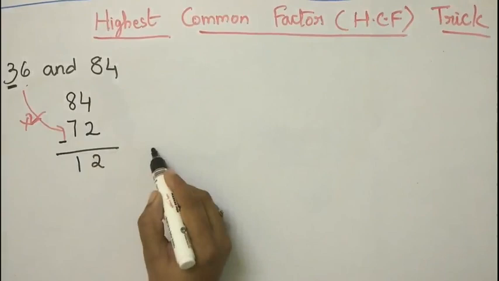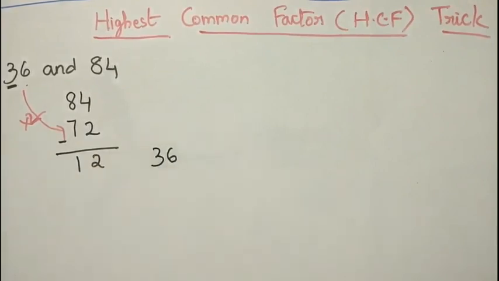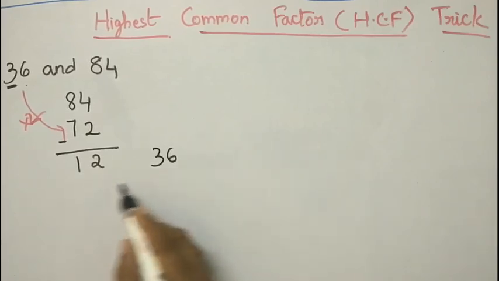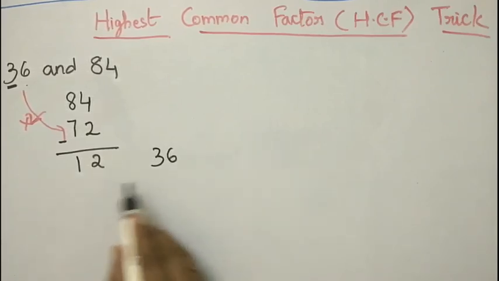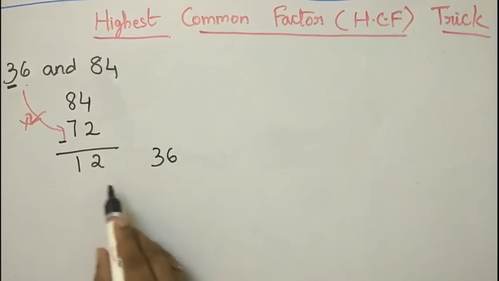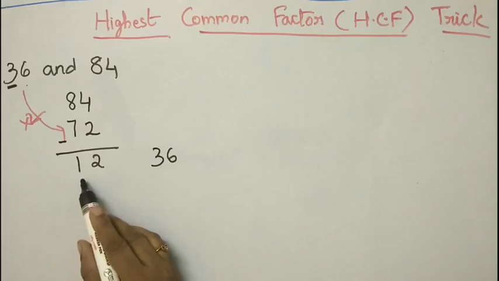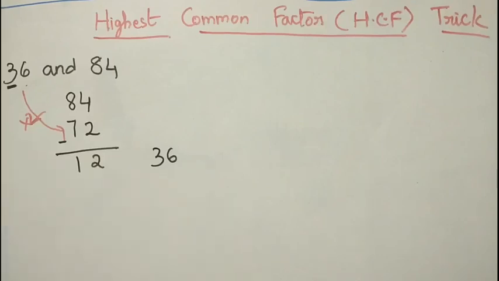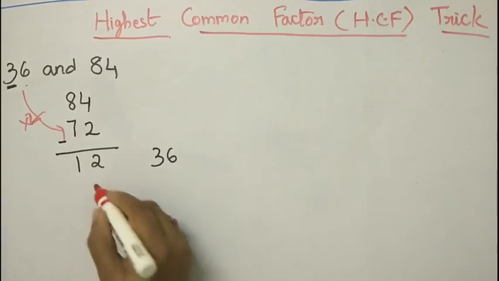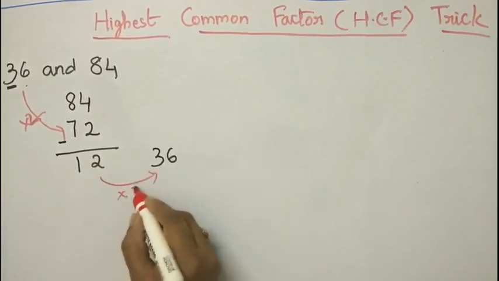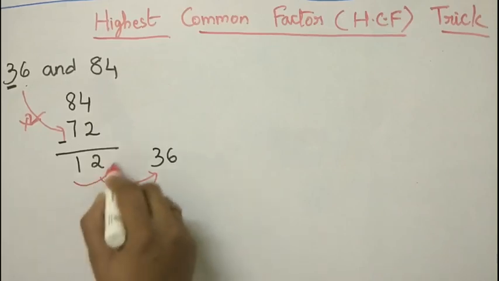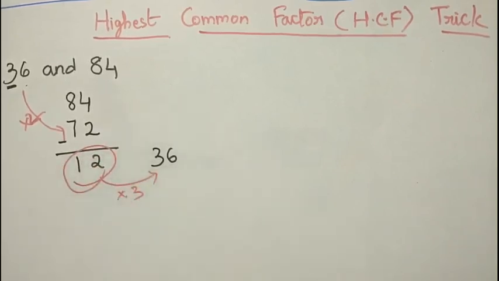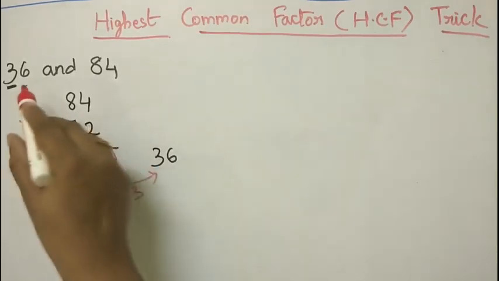Now I will write down here 36. As it is 36, I will check in the 12 table where I am getting 36 or less than 36. If you observe here it is 1. So 1 into 3 is 3. Now check with 2. If you multiply with 2, you will get 3 2s are 6 and 1 into 3 is 3. Is it not? So if you multiply with 3, you will get 36. Then this becomes the HCF. No need to do further calculation. This is the HCF of these two numbers.